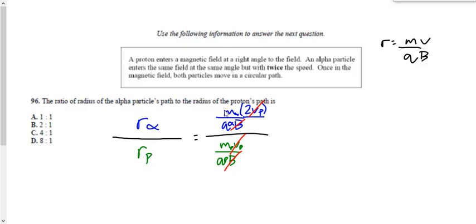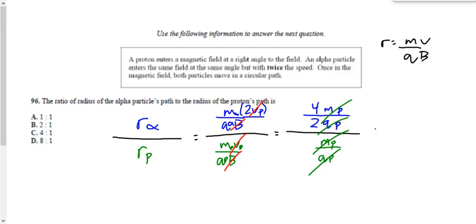Now you can plug in your numbers here if you want. You've got the mass and the charge of both of those particles, but there is a bit of a shortcut here if you spot it. The mass of the alpha particle is 4 times the mass of a proton. And the charge of an alpha particle is twice the charge of a proton. If you don't spot that, that's okay. Just plug in your numbers that you're given on your data sheet. But if you do spot it, it makes life a lot easier for you because q cancels, m cancels, and I'm left with,